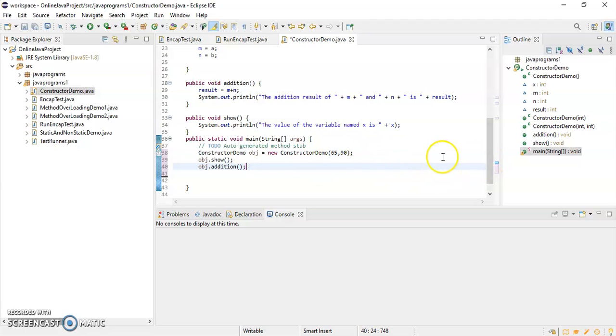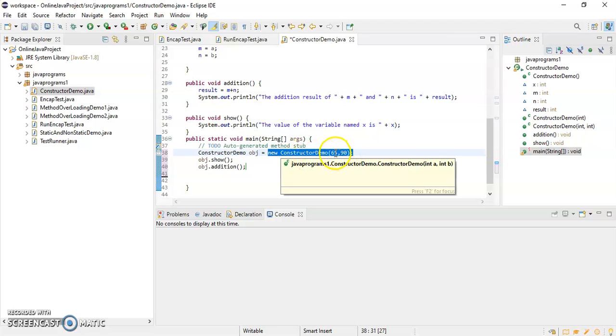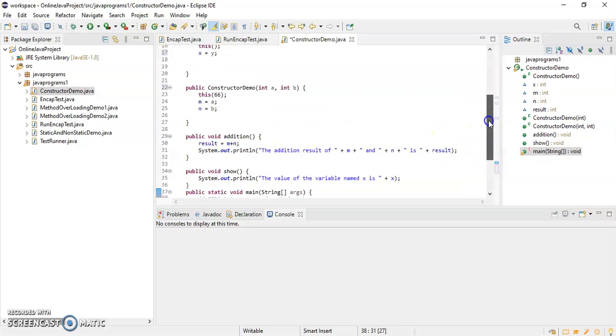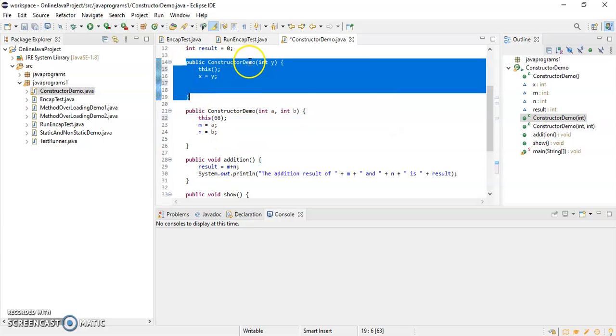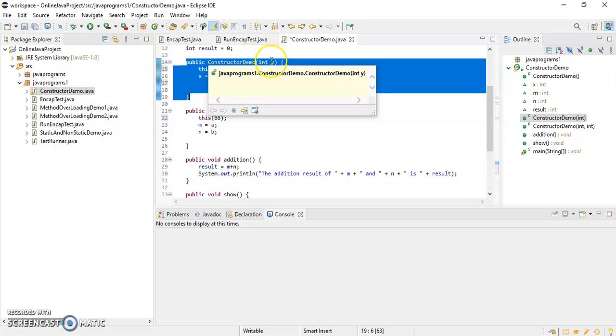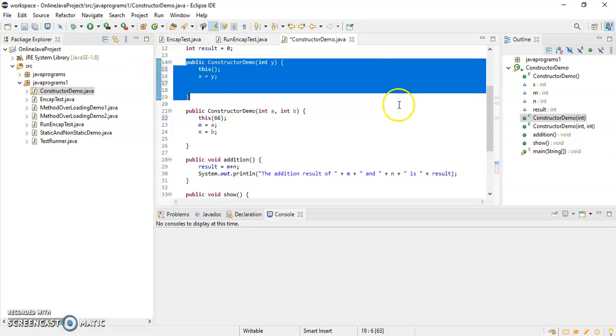Let me show you what I have done. I am creating one object, and I am calling the third constructor, which has two parameters. Inside the third constructor, I am calling the constructor which has one parameter. So it will go to that constructor, and from this parameterized constructor I am calling the default constructor by using this keyword.